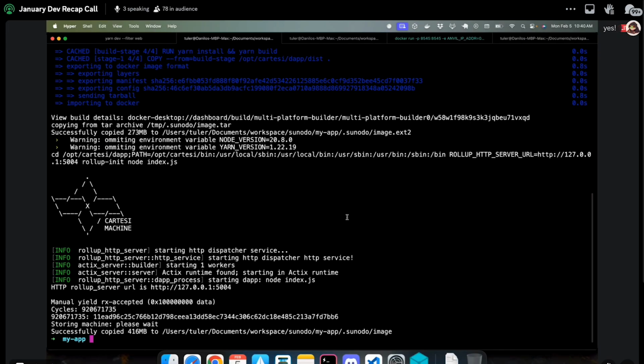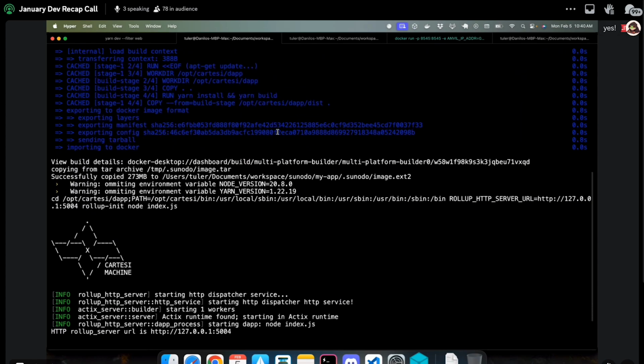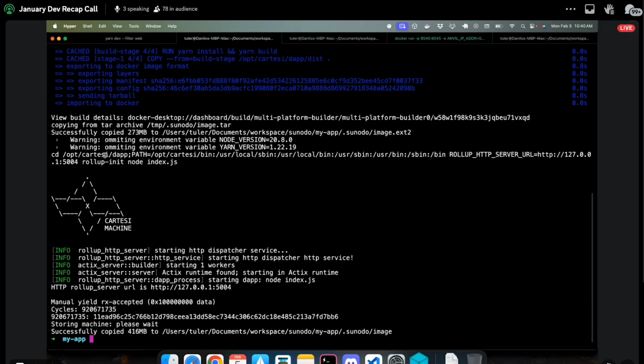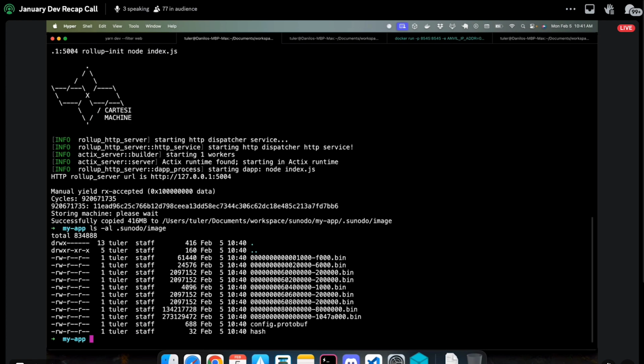Yes. So I ran Sonodo build, which builds the application using Docker and then runs the Cartesi machine, puts the machine in a state to receive inputs from the base layer. This machine is like the Genesis machine of the dApp chain that you will launch. Under the hood, what this actually does is create the Cartesi machine snapshot, which is represented by this file that is at